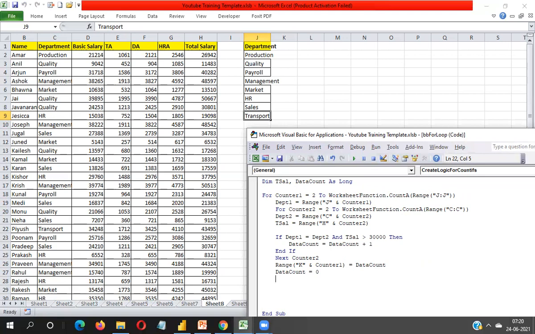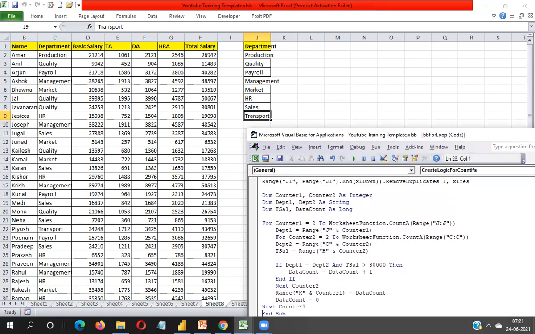Now here I need to write counter 1. Next counter 1. Okay. Now I'm just executing this loop.